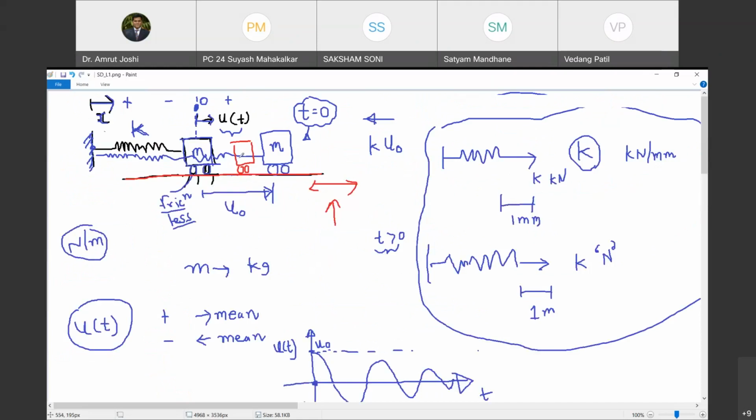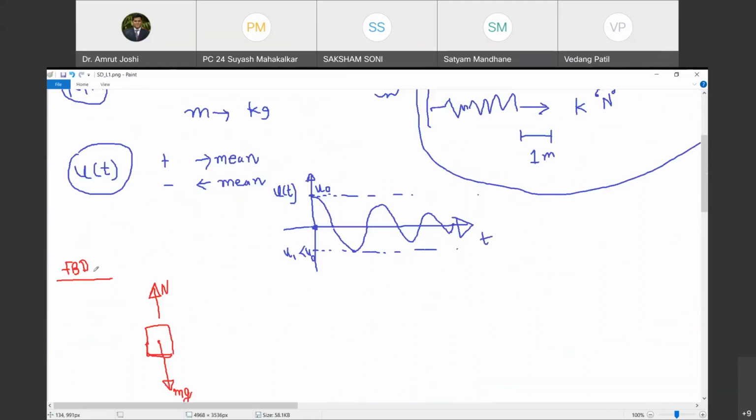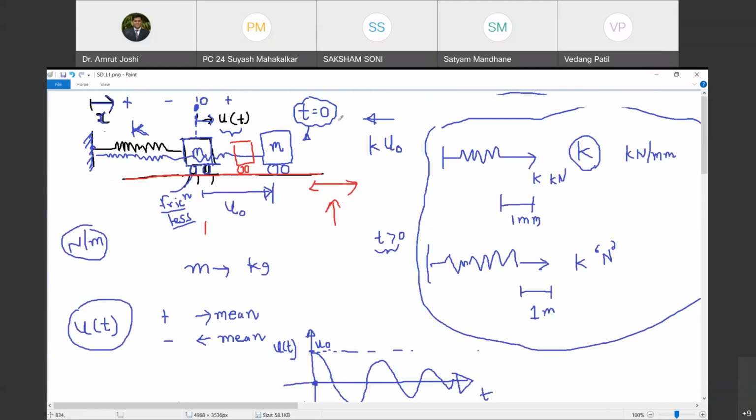Okay. What else is acting on this block? Tell me. Is there any other force? Spring. Pardon? Spring force. Yes, spring force. So therefore, this free body diagram I am drawing at time t. Are you with me? Yes, sir. Which is greater than 0. Time t is greater than 0. So when I release this block at time t equal to 0, it starts moving back, and I am going to take a snapshot at a particular interval of time t.